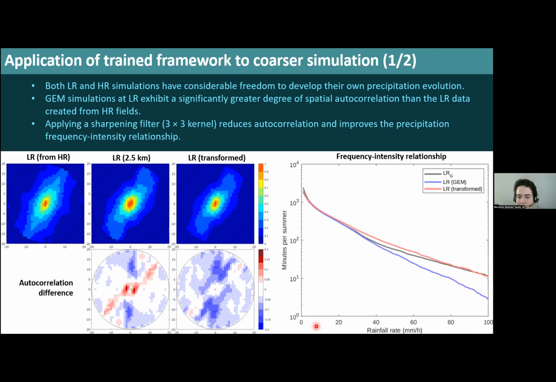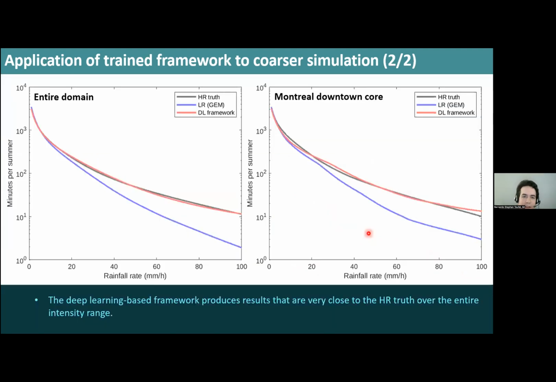We have the rainfall rate on the x-axis, minutes per summer on the y-axis. So you can see that the original data was the blue one. After we apply this filter, it's the red one, and the one that we're trying to emulate is the black curve. So we are getting much closer. And finally,